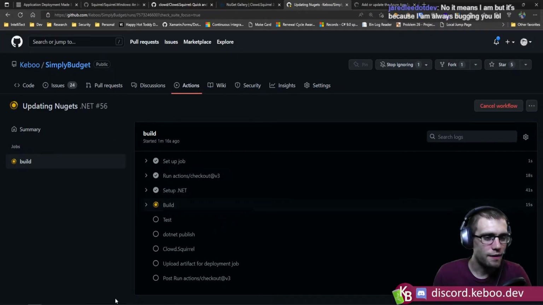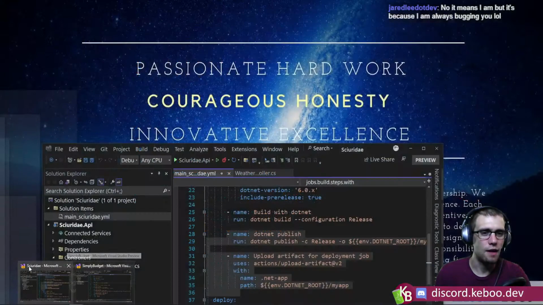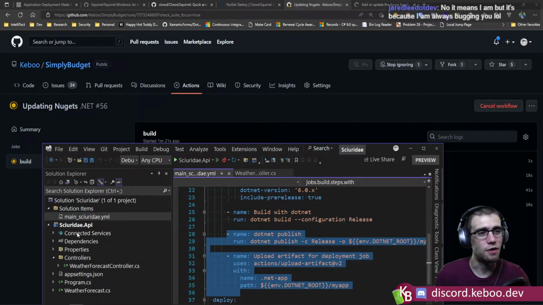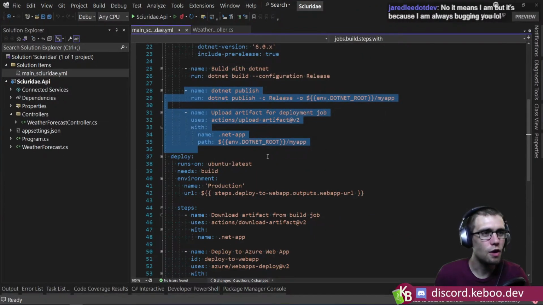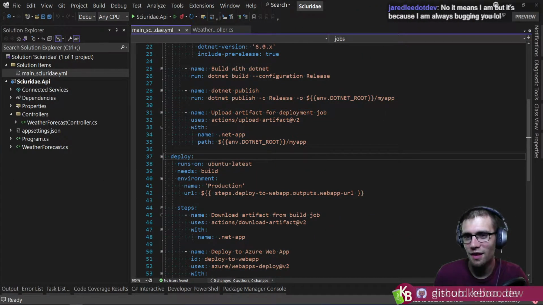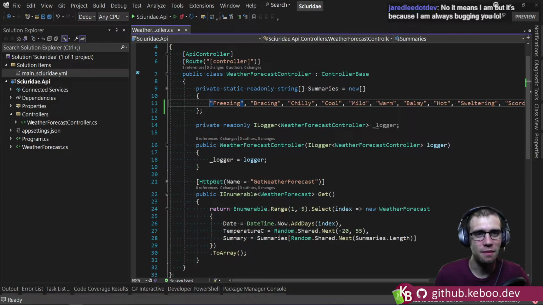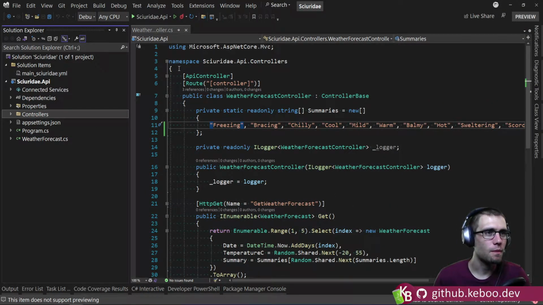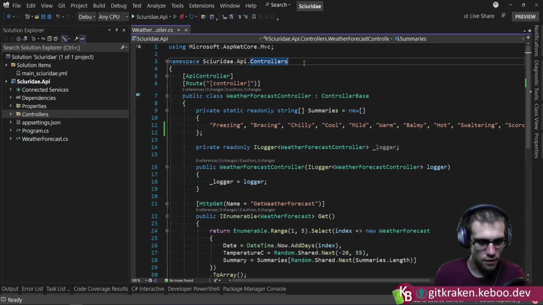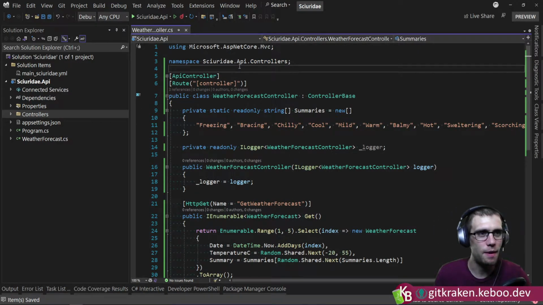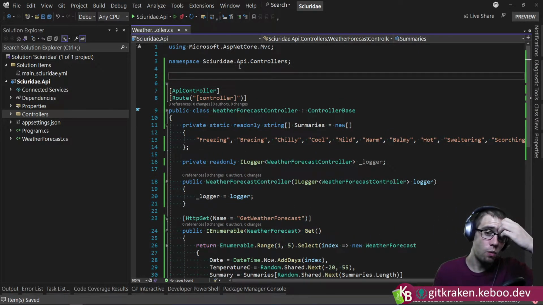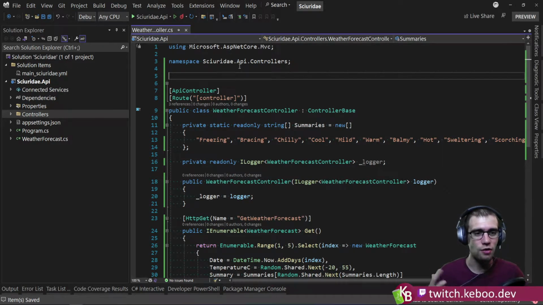Okay, while that's building, let's go back here and think about what this guy here actually needs to look like. I'm thinking about what I want this web API to actually look like. So when Squirrel or Cloud Squirrel does the update check, the first thing it does is it calls out, and